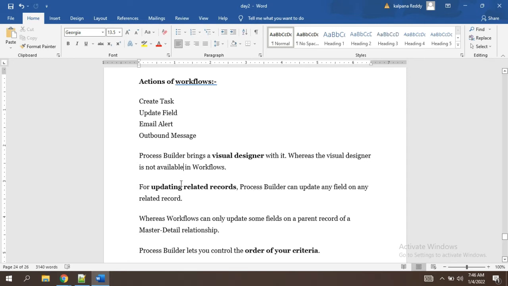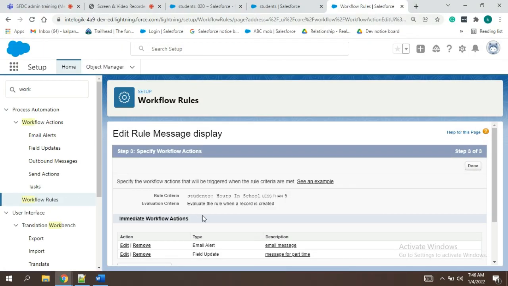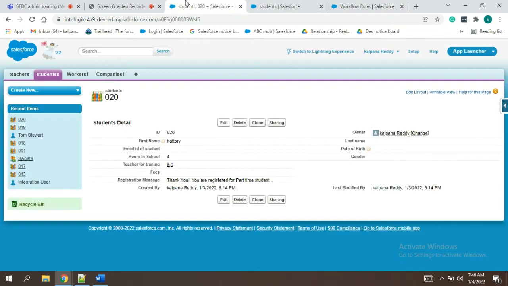So now this is a comparison, and here what happens is sometimes people expect that whatever changes happen, the student accounts field has been updated, so the same object has to be updated with another field.